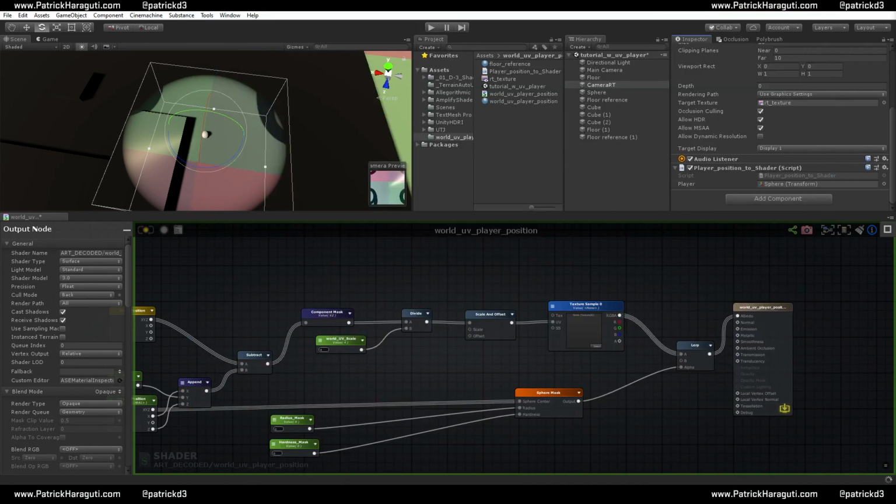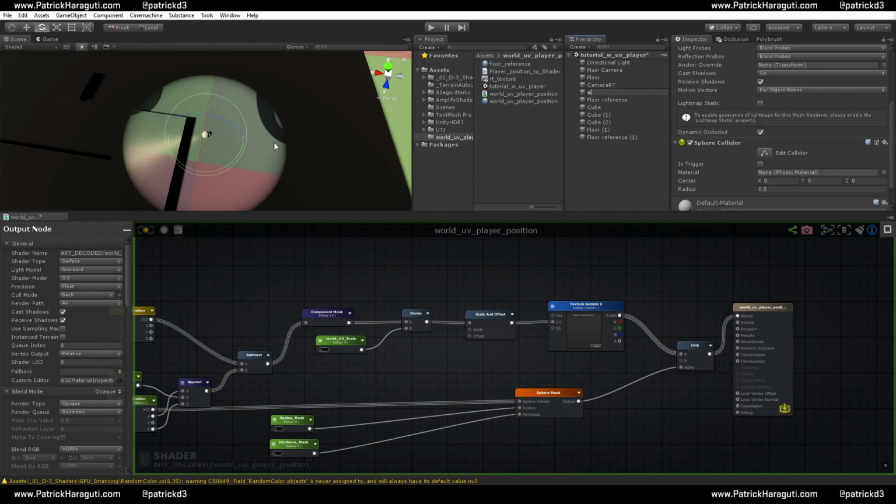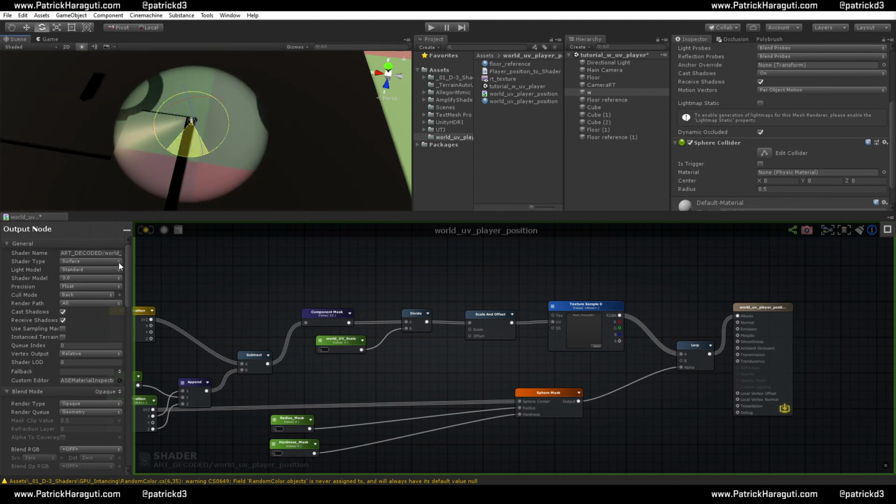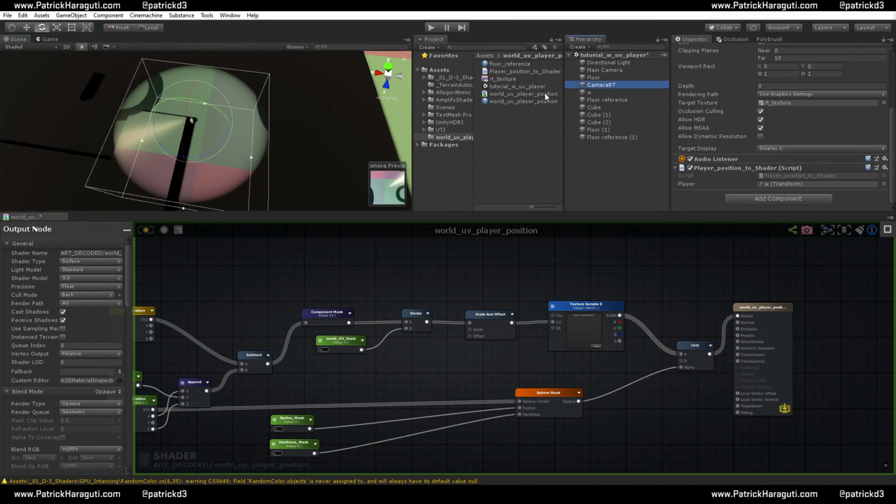So this way the camera will follow the sphere, but it's not going to rotate, it's just going to follow the transform position. So everything's still working, but if you rotate, it doesn't happen because the camera is not rotating. Just keep in mind that it's just an example, so I expect you guys to extend this and do really cool